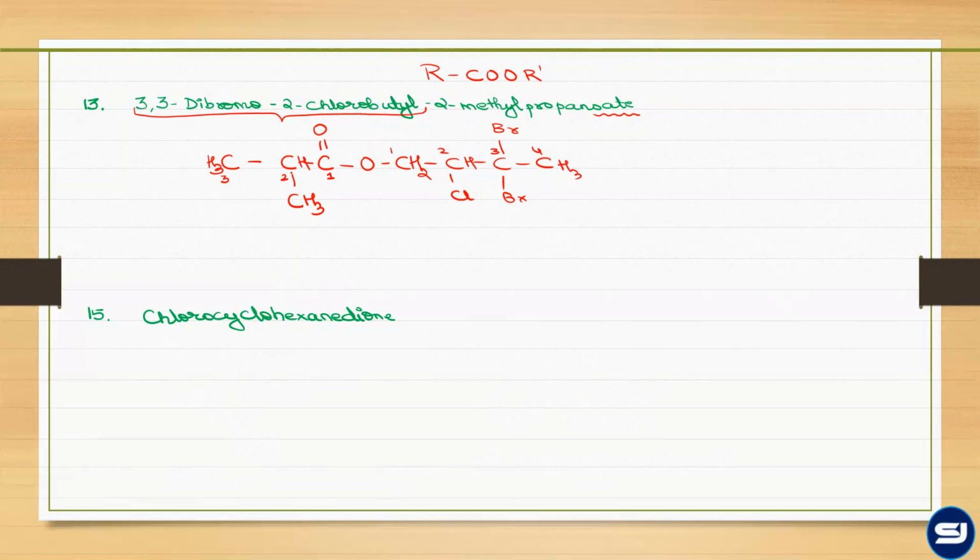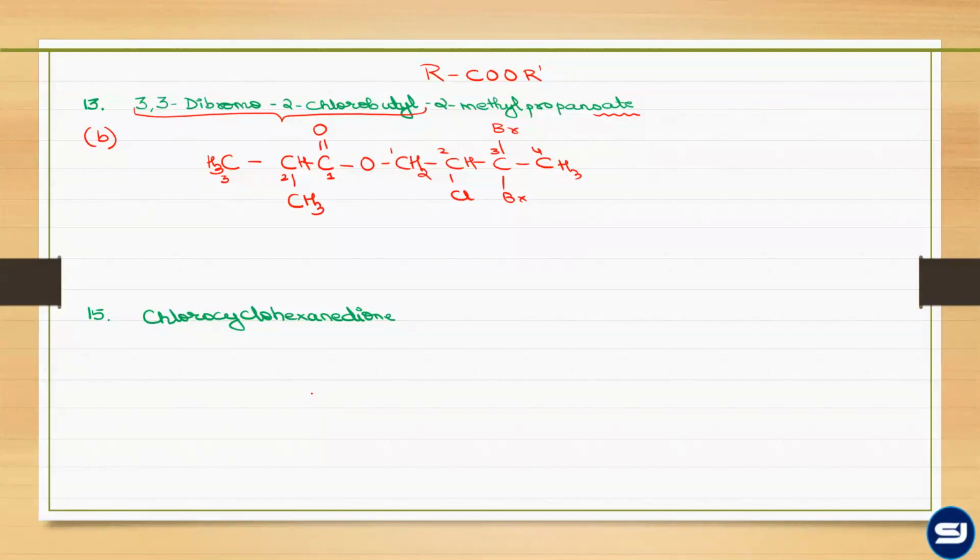Just आपको ये match करना है with the bond line formula which is given. On the side of oxygen, you have a 4 carbon का parent, where second पे chloro है, third पे 2 bromo है. On the left side of the carbon, you have the isopropyl group. So if you visualize correctly, the correct answer is option B. So नाम से structure draw करना is very simple. You have all the information given in the name. Just break the parent and the substituent properly, and you can identify the correct structure.